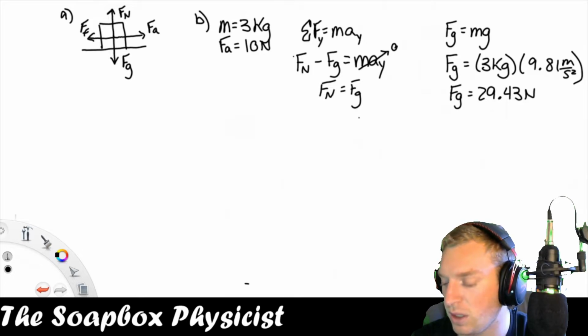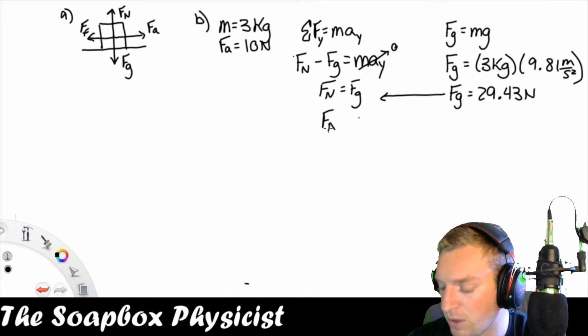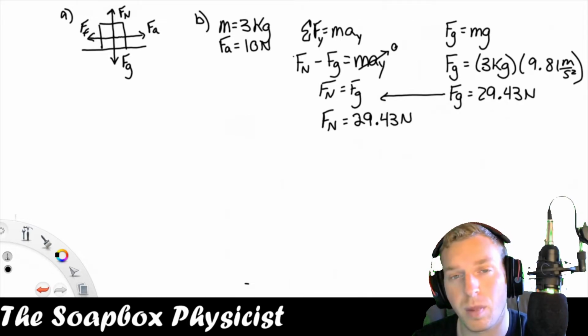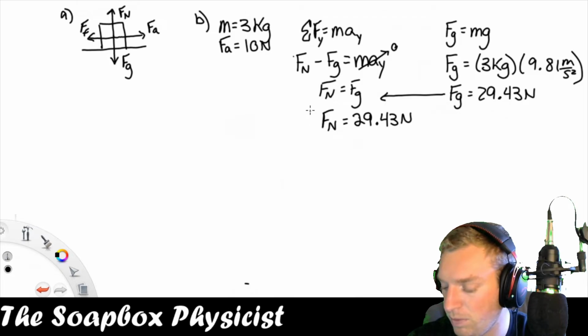And this is newtons, kilograms times meter per second squared, and it's also a force, so it's the easiest way to notice. That is definitely newtons, and so if that's 29.43, well then F sub n, the normal force, is also 29.43 newtons. So there's part B. There we go. Hardest part of that